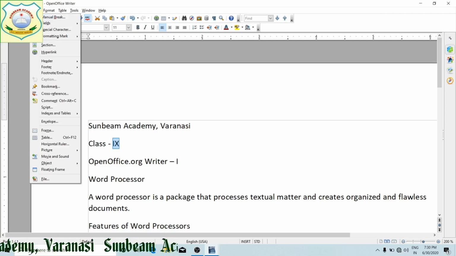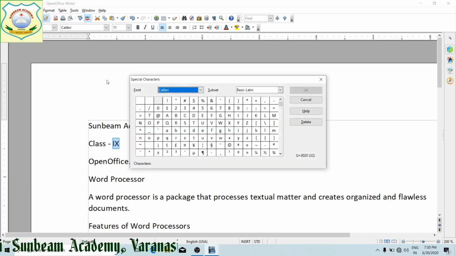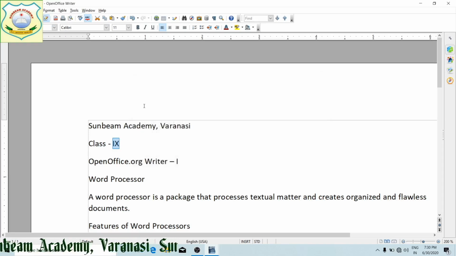As I told you, to insert objects or the characters or anything into the document, we are using insert menu. Here manual break, then fields, special characters. Into special characters you can see, when I click on special characters, these special characters wherever it is required, we can take it, we can copy it.